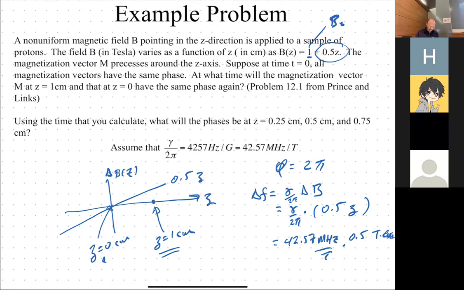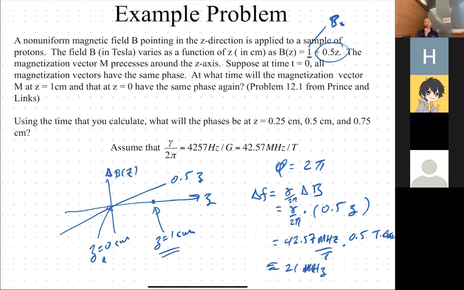I think it's implicit that the gradient has Tesla per centimeter, so it's going to divide out. So that equals roughly 21 megahertz